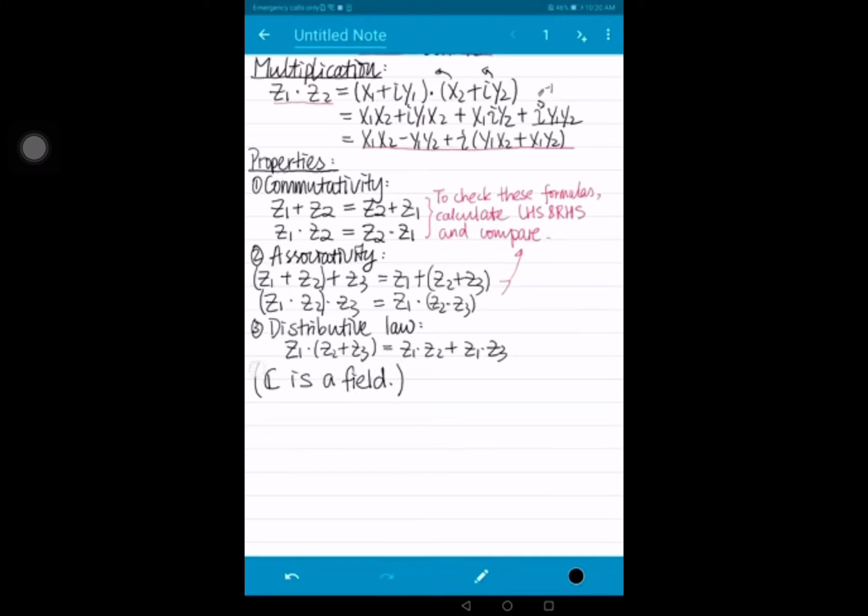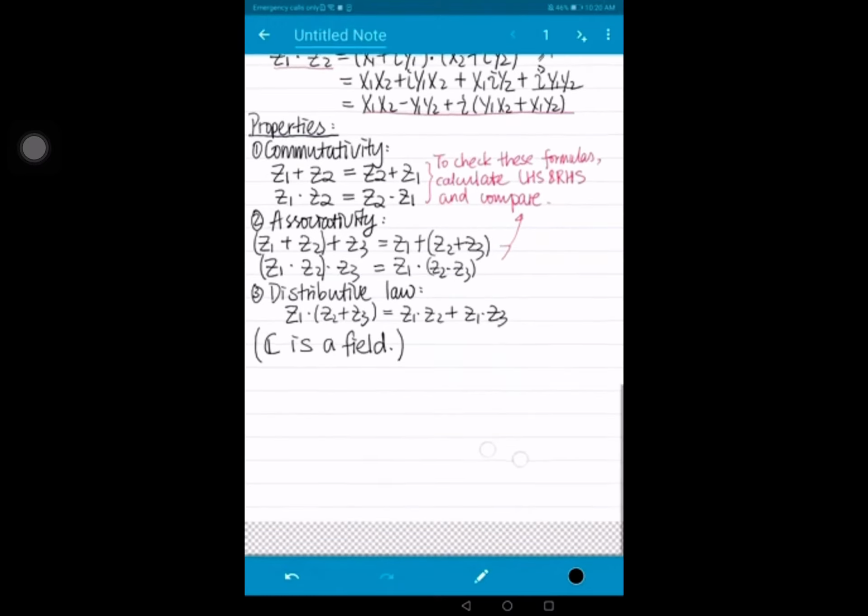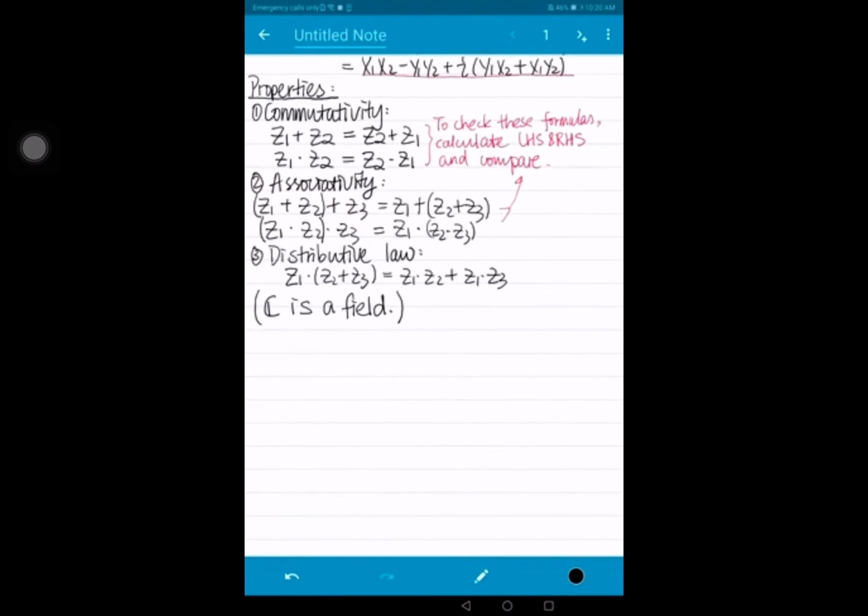Right. So if you know slightly more, these properties basically say that the complex numbers is a field. Right, so in your algebra class, you learned vector spaces over a field. So we know the real numbers is a field, the rational numbers is a field, and today we know that C is also a field. The complex numbers is also a field. Right, so the next topic is